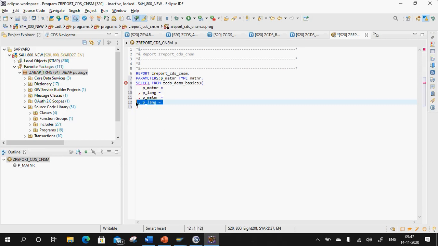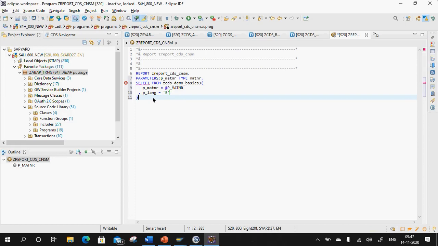See, this thing automatically came. This got repeated 2 times. You can ignore the same. In the material number, provide @P underscore MATNR. Why I am using @, you know, right? We discussed this in the last class, because I have to specify that this is not at the database layer, this is your ABAP application server level. Here specify as E. Okay.